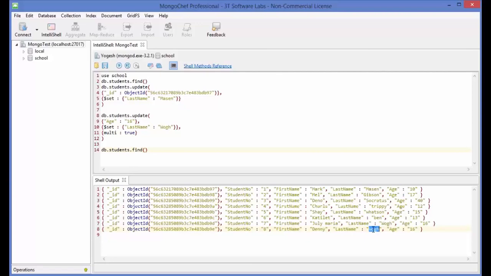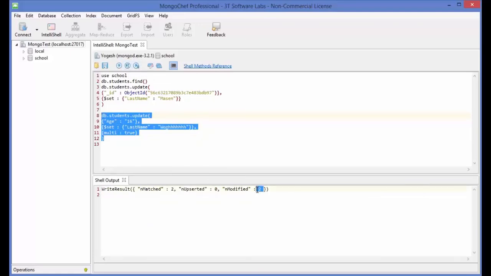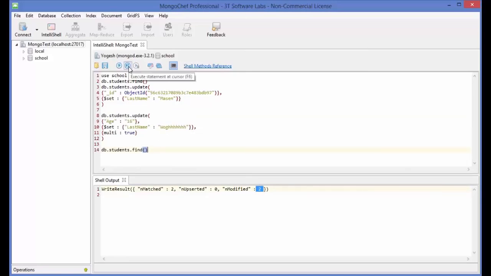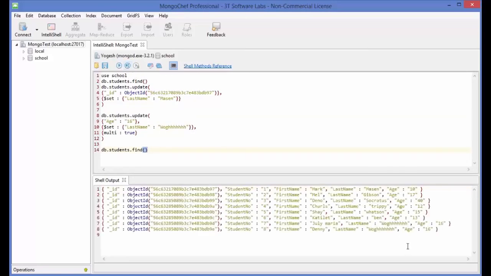updated, right? Now once again we will try to update with this command, and this time it should update the multiple data. So let's update the surname once again, some weird surname, and then once again execute it, and it says modified 2. That means it modified two documents. And let's list out our data once again, and you can see at the two places it has modified the